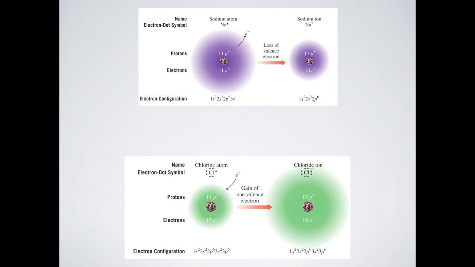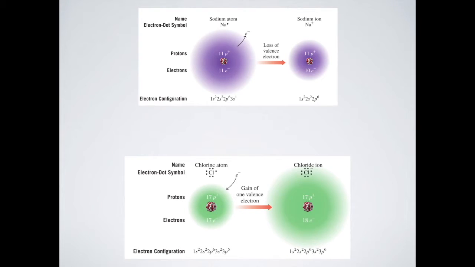So in this lesson, we're going to look at atoms and how they actually don't stay as atoms a lot of the time. Instead, they become ions. And they become ions because they are more stable as ions than as atoms. So for example, a sodium atom, which has an electron configuration of 1s2, 2s2, 2p6, 3s1, is more stable if